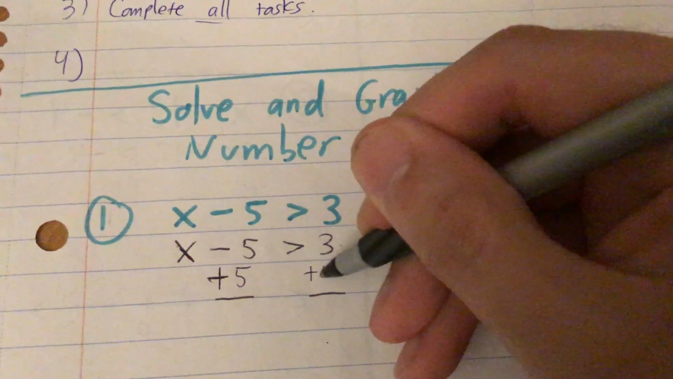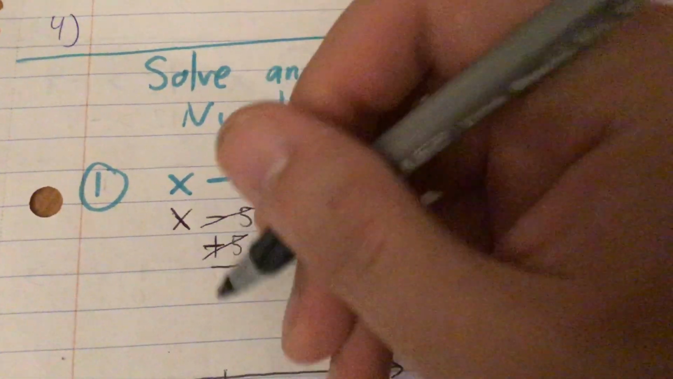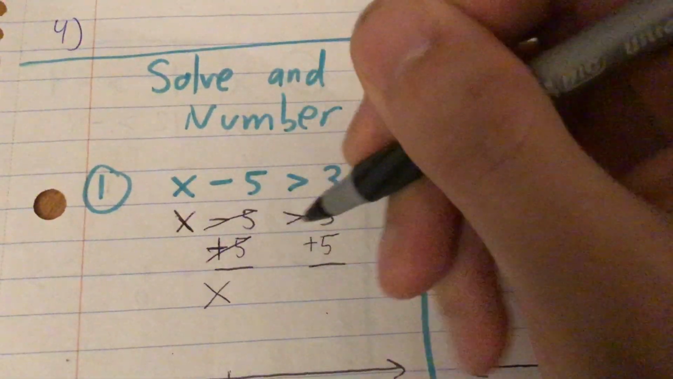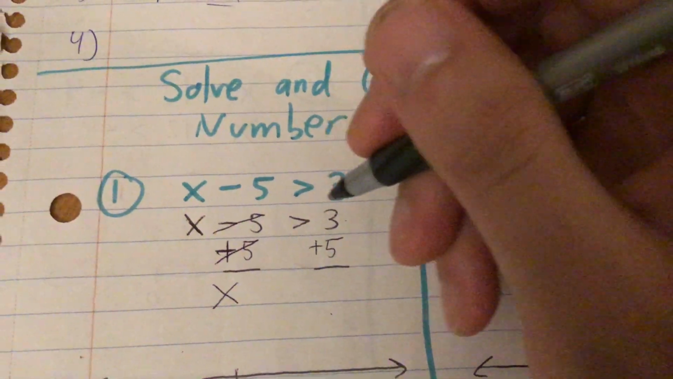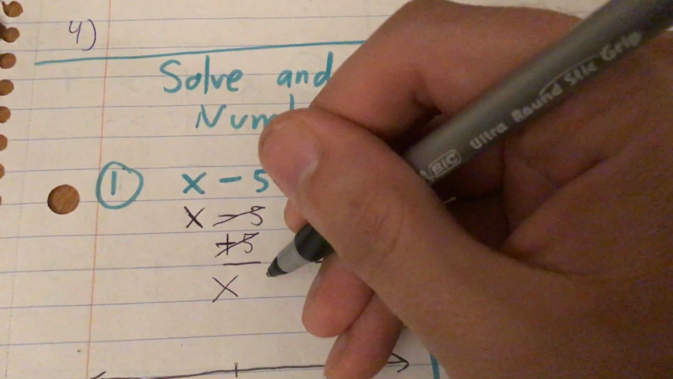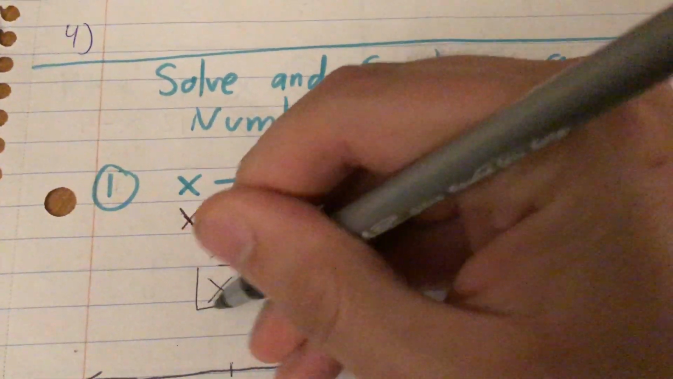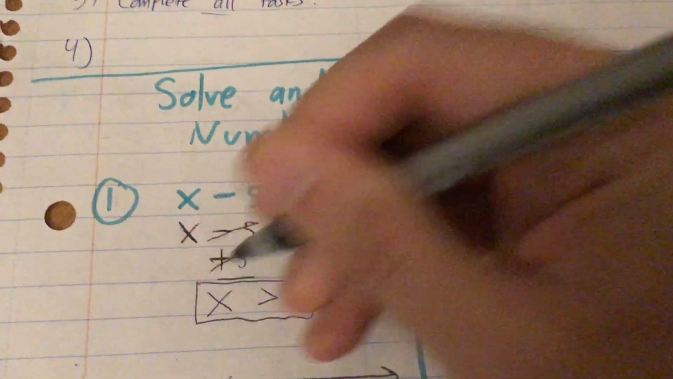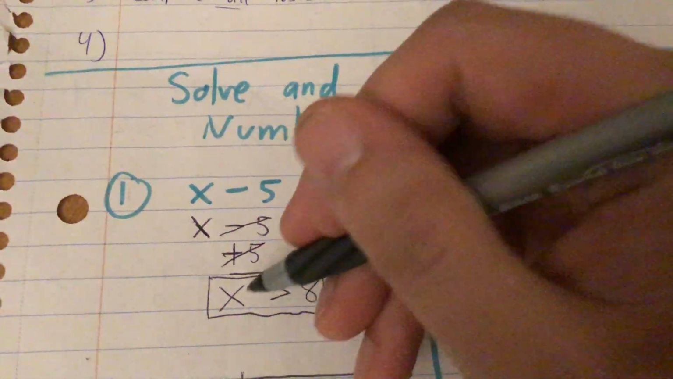And so if we add 5 to both sides, negative 5 cancels out with positive 5, and I get x isolated. The sign stays the same because addition on the left and right has no impact on the true statement. So x is greater than 8 legally. So that's our solution. In order for x minus 5 to be greater than 3, x must be a number